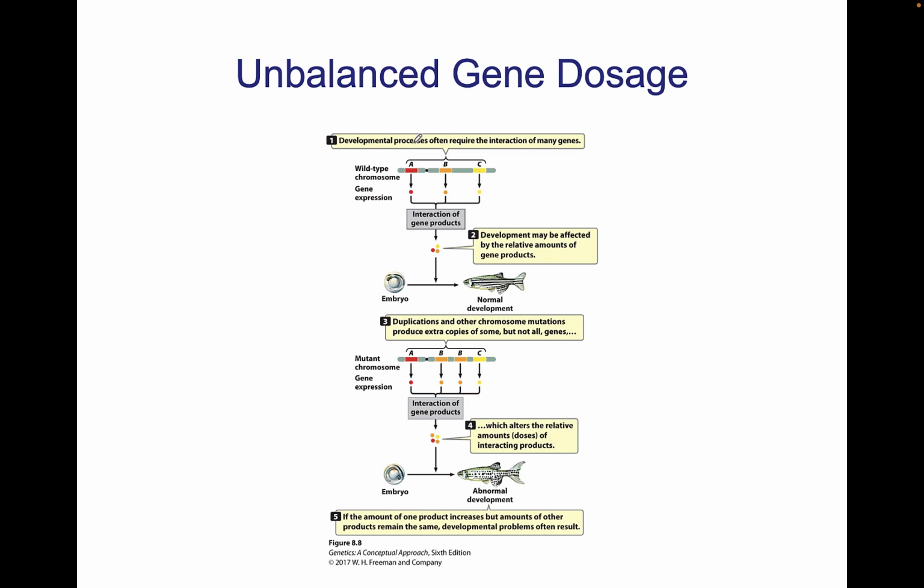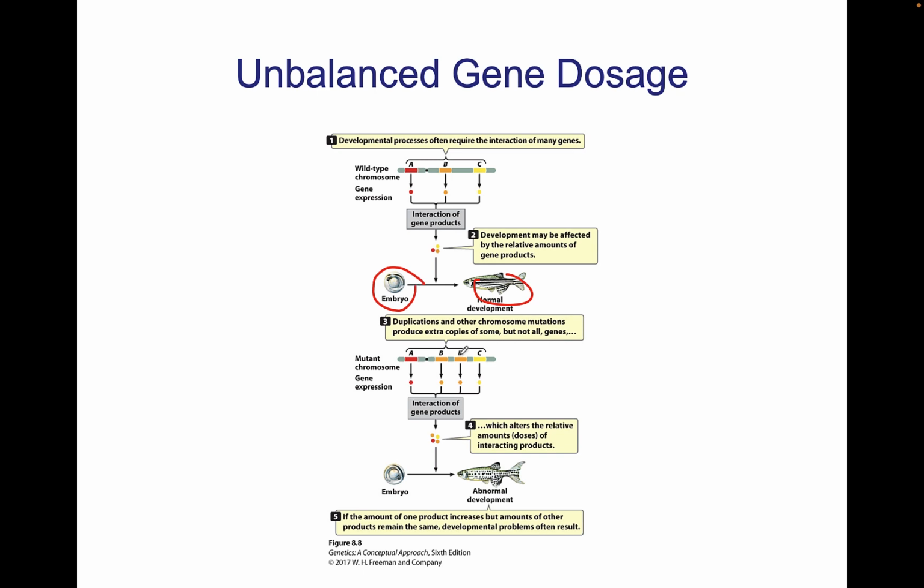Okay, so as you see here, in this instance with the transition from the embryo to the fish, the development process often requires the interaction of various genes. In this case, the examples are A, B, and C genes. Okay, and the interaction of these gene products has a downstream effect in the process of development and producing what we would consider a normal fish derived from an embryo. Okay, however,